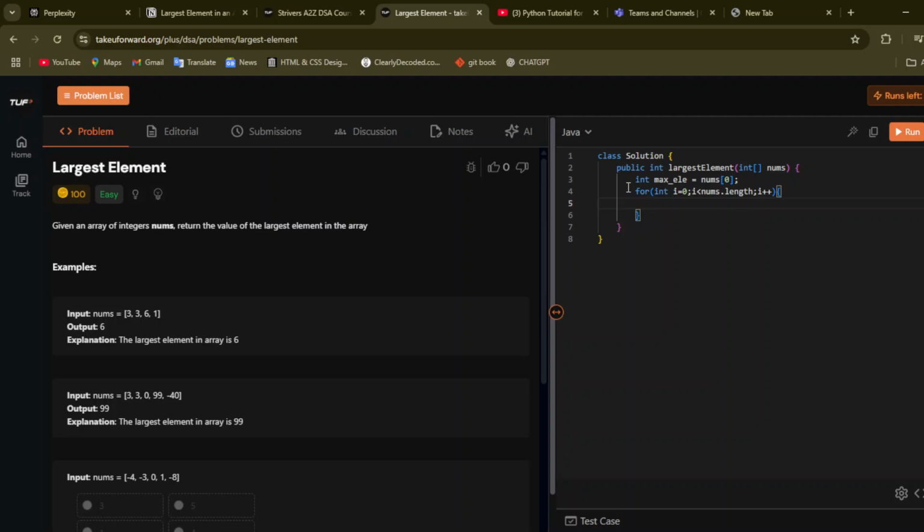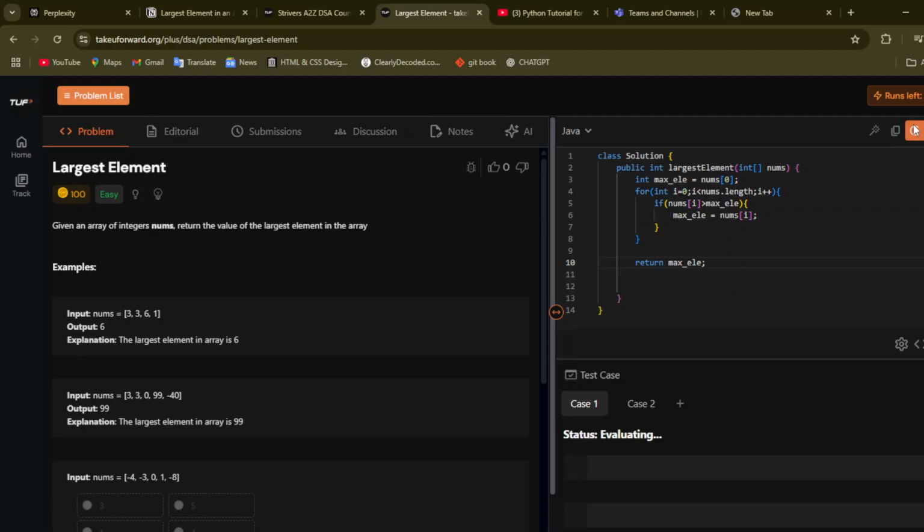And we will do one thing: if nums of i, which means the current element, is greater than max element, then in max element put nums of i. And after doing this, I will return the max element.